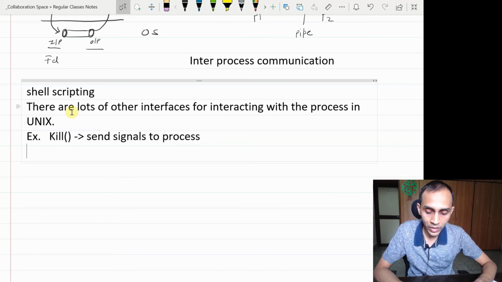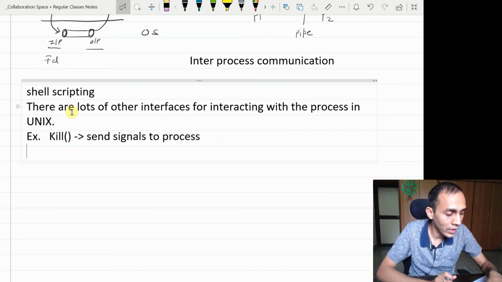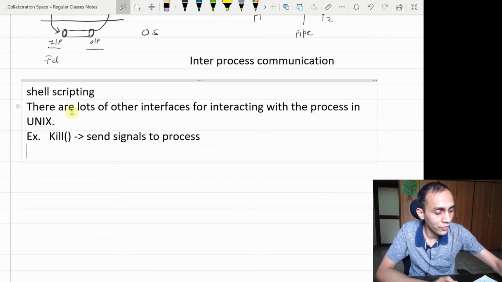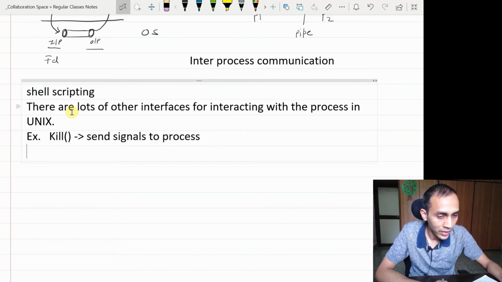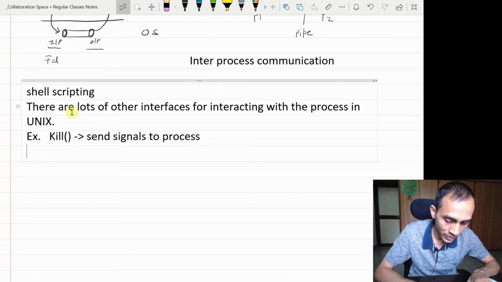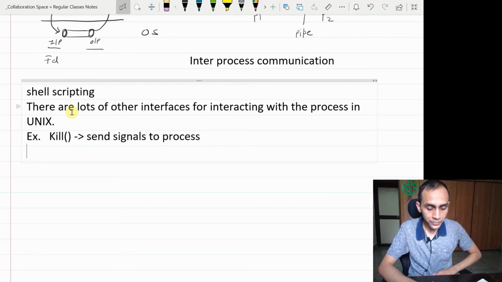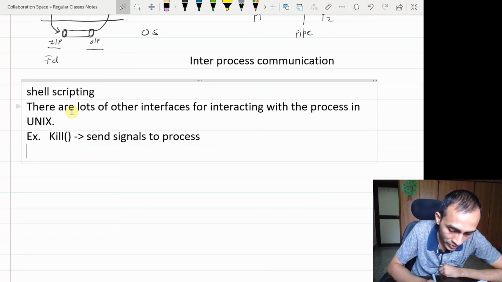I'll be sending out the lab assignment details. How we are going to evaluate it, I'll inform you later. But probably at the beginning of next week, I'm going to mail you the first lab assignment, which is exactly on this shell program. That's why I'm discussing this in more detail. Of course, you will have to do some study on your own, but most things I have already discussed in class.